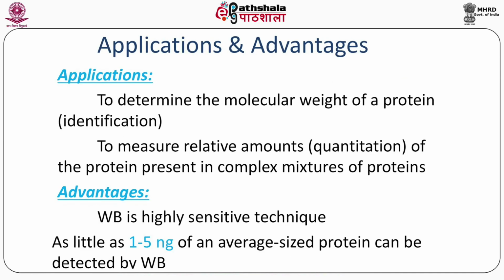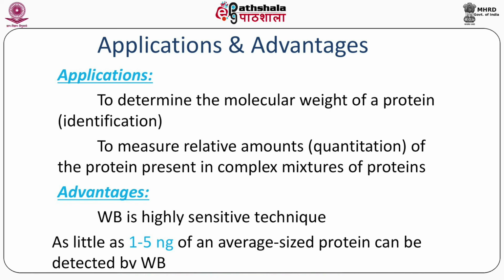So, the applications and advantages. The applications of the Western blot are to find out the molecular weight of the protein, to identify a protein, to know what the protein has actually been doing, to find out protein interactions and so forth. There are numerous applications. Just by altering the basic skeleton of this process, you can use Western blot even to do a native PAGE, where you don't denature the protein samples, but do them in the native conformations.